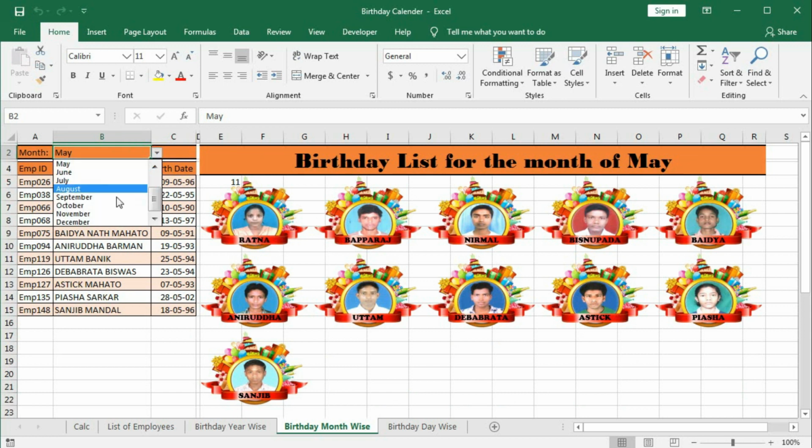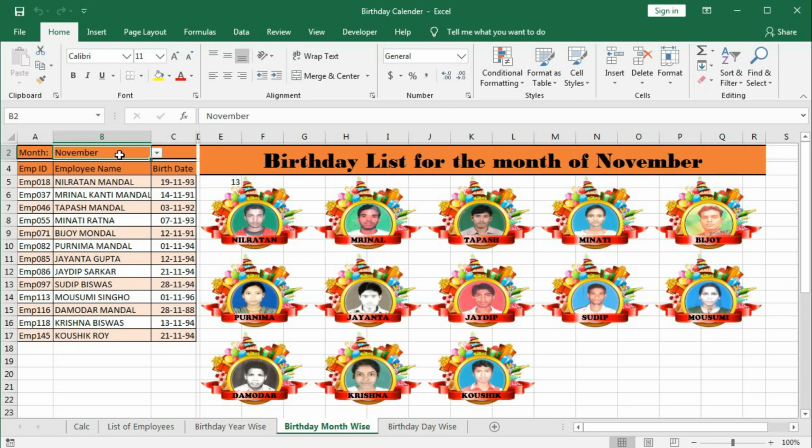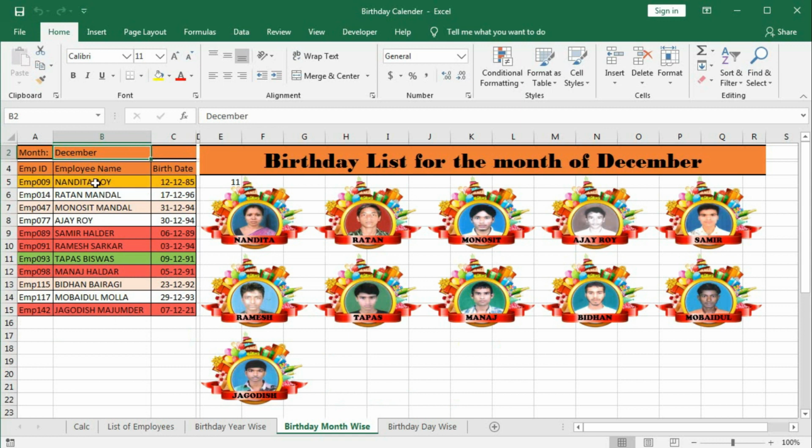Let's see again. November. Now if we select the current month, December, then you can see there are three different colors. First, red, for the birthday which has been passed. Today is 9th December, so this employee is colored green because today is 9th December. And this yellow color is for upcoming birthdays. After the 9th, you can see here 12th is the next date which has a birthday. So all these things we will learn. Let's begin this tutorial.